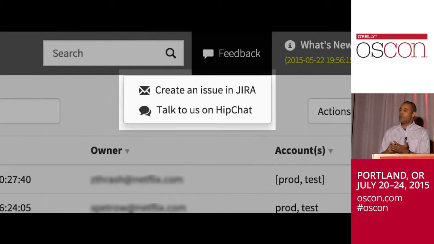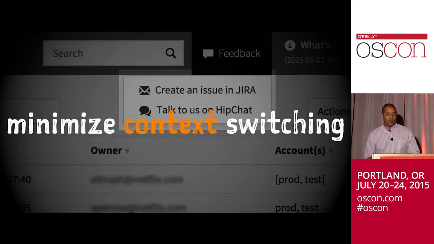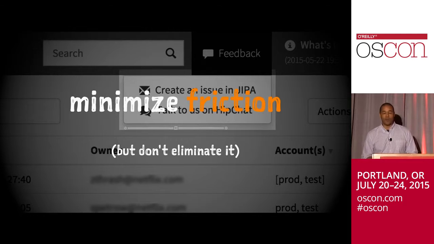Where's the Jira project? Who owns this project? They don't have to think about that. They can click on this button at the top, and we can get the feedback. So we want to minimize that context switching which engineers have to do in order to get feedback to us. But we also want to minimize the friction, though not too much, because if we make it too easy, we're going to get inundated with a lot of random support issues that actually aren't that important to our customers.